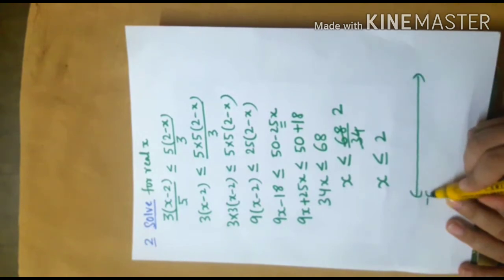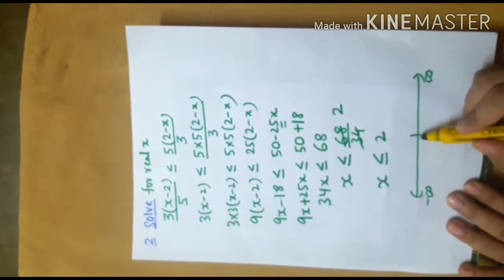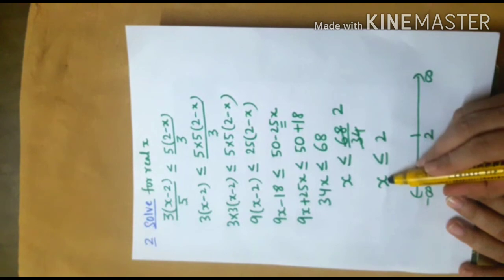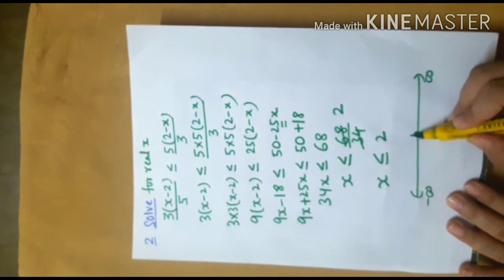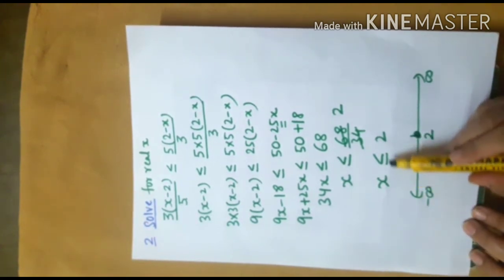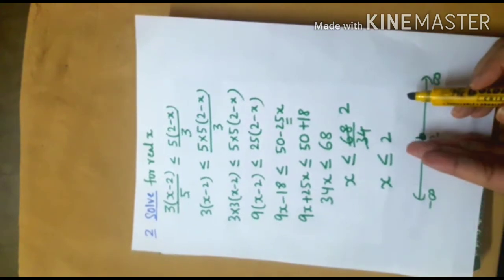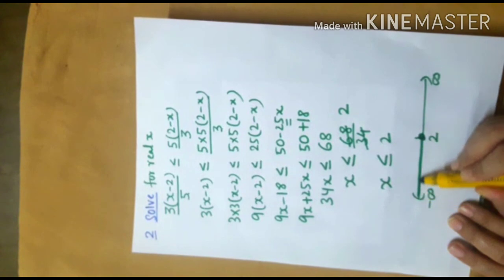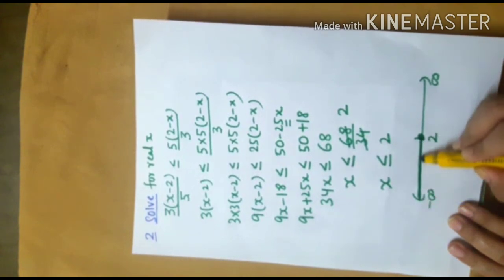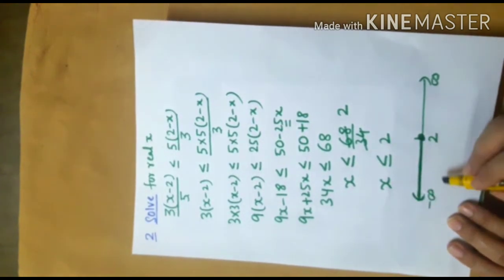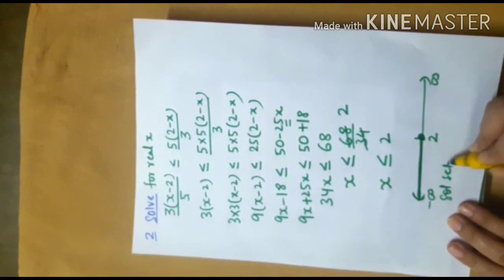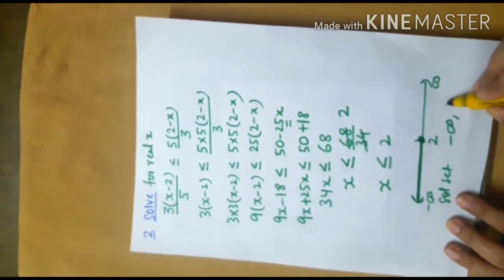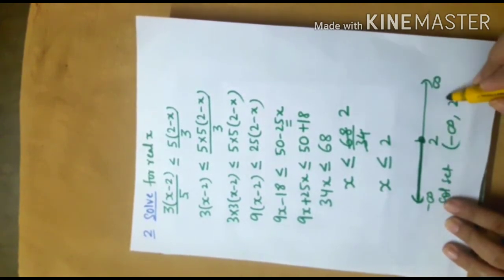So this is the number line, minus infinity to infinity. This is 2. X can be equal to 2. So solid circle at 2. X less than or equal to 2. So numbers less than or equal to 2 will lie in this part. So this is the solution set. So the solution set is minus infinity to 2, closed at